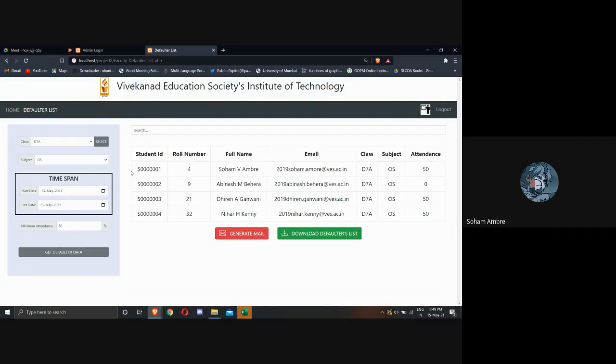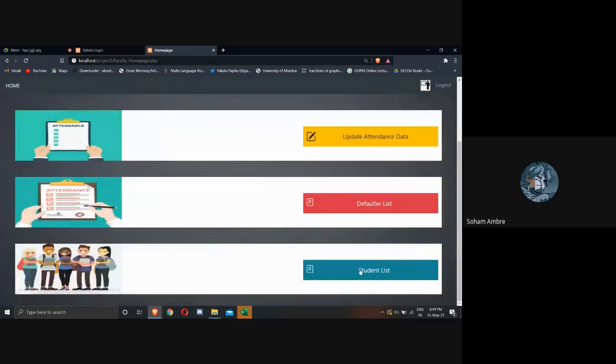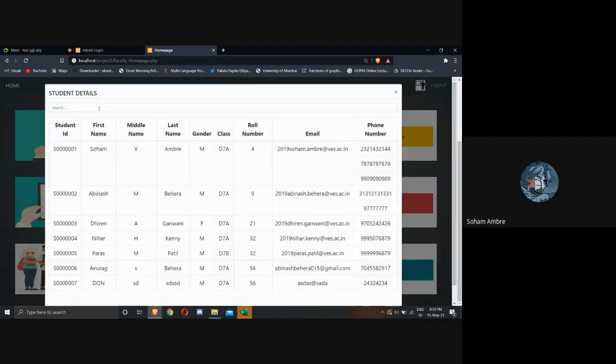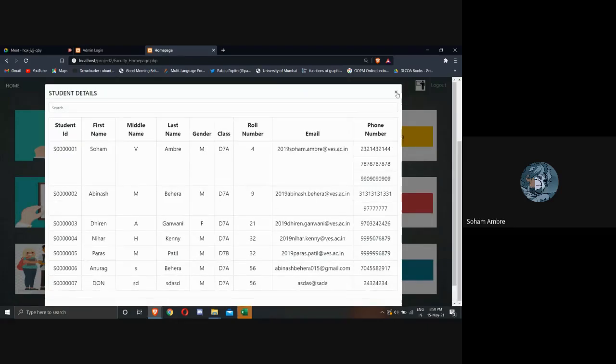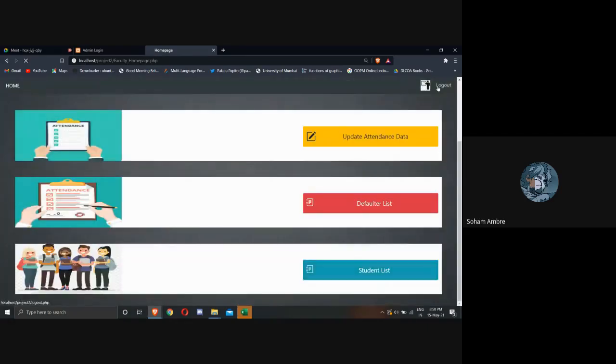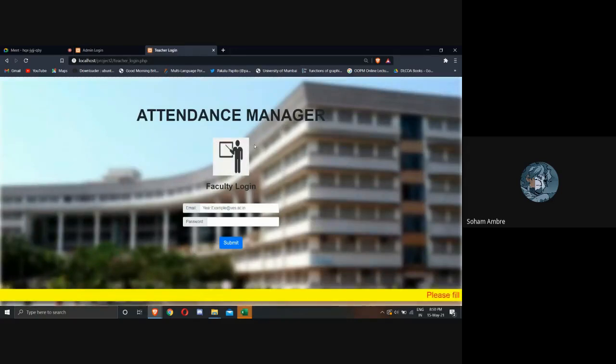The teacher will only be able to view the defaulter data of any department. In a similar manner, she can generate a mail and download the defaulters list. The teacher can also view the students list in a particular department. Once we are done with the functionality, we can log out.